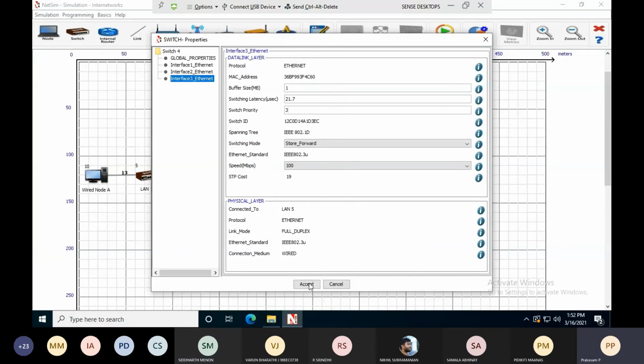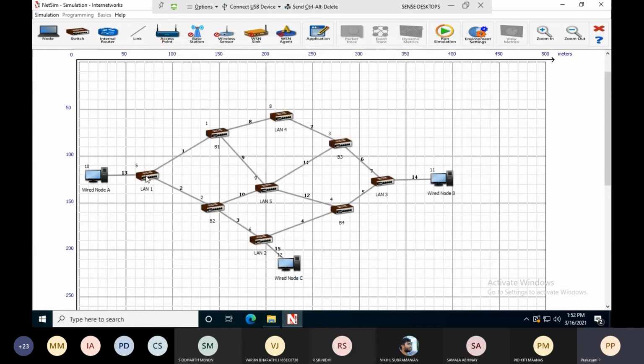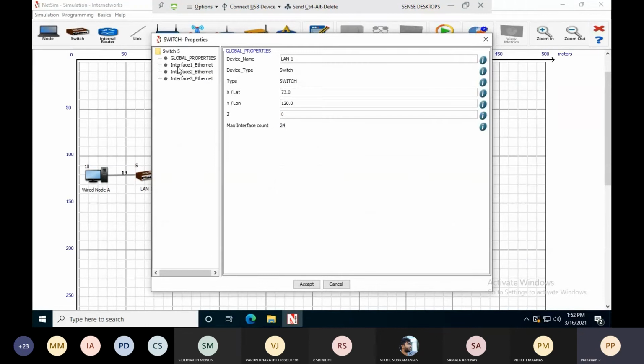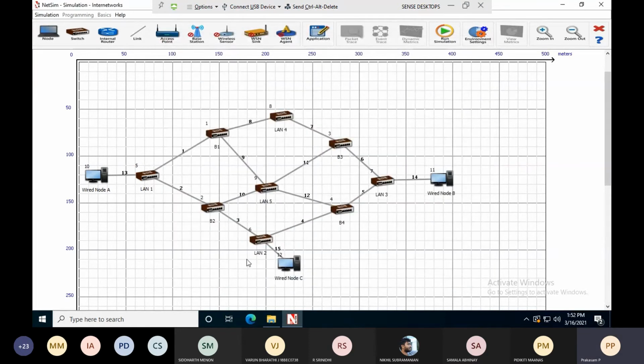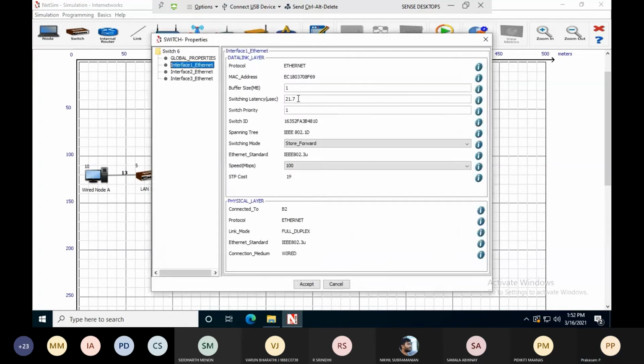Now the same thing I am going to do here. Kindly note down the values. So right click LAN, properties. I'm changing the bridge ID. It may be 5 or 6 or 7. Let us consider I'm giving 5. So for all the interfaces, I'm changing it to 5. Accept. Similarly for LAN 2, you have to note down all the values in the second table. Maybe you can give a common priority ID for all the LANs, since depending upon the respective MAC address, the port ID will differ.